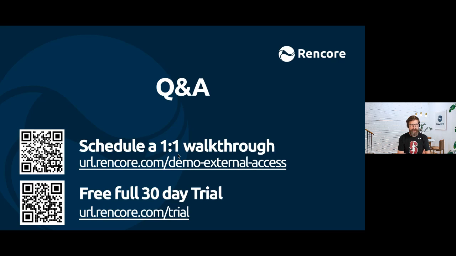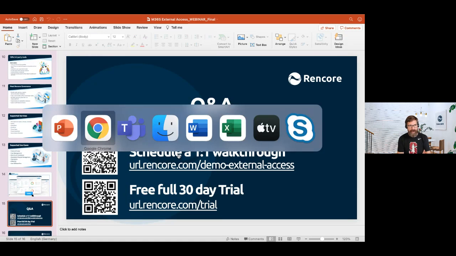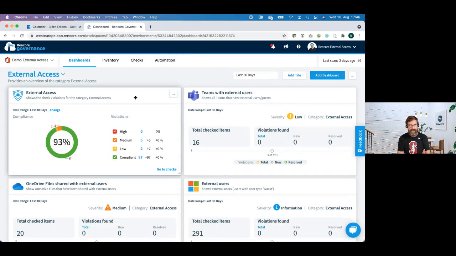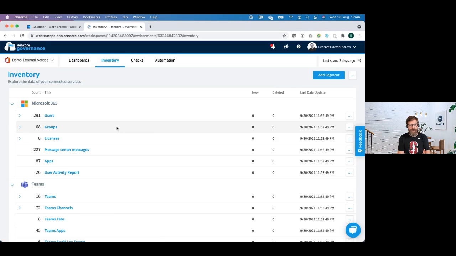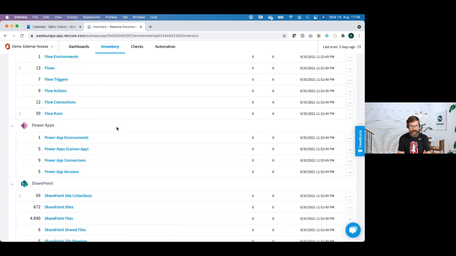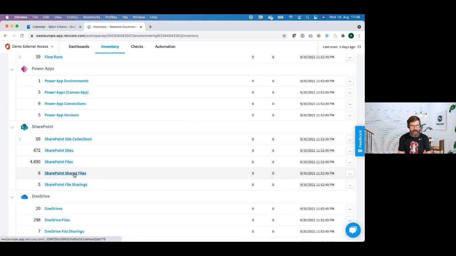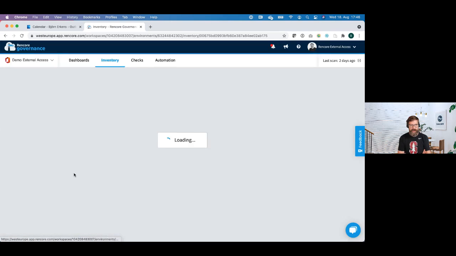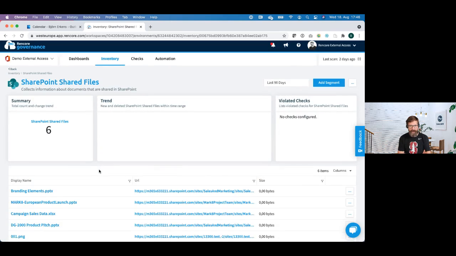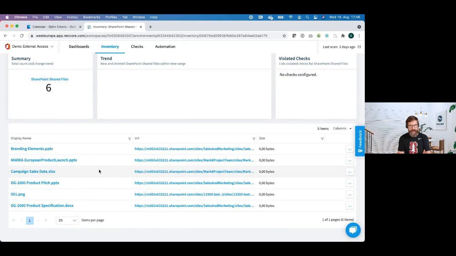So maybe Björn, I don't know if in your demo data you actually have data there for external shared files, but the answer is yes. Rancor Governance does scan shared files, both for OneDrive and SharePoint Online. If you scroll down, you see here 6 shared files in SharePoint, where you then see those files, and you can also add